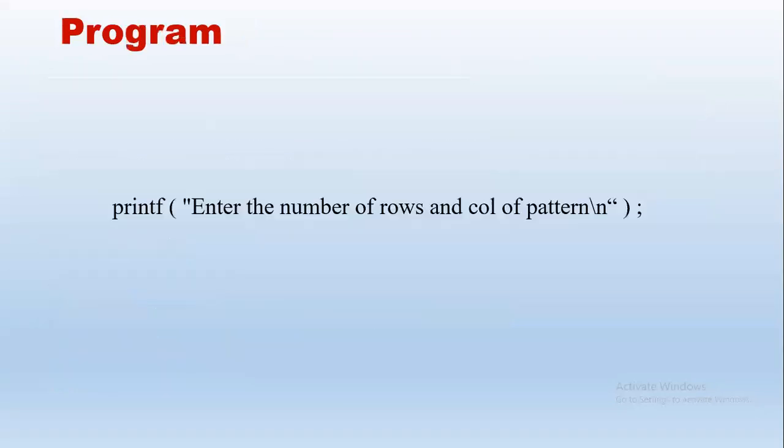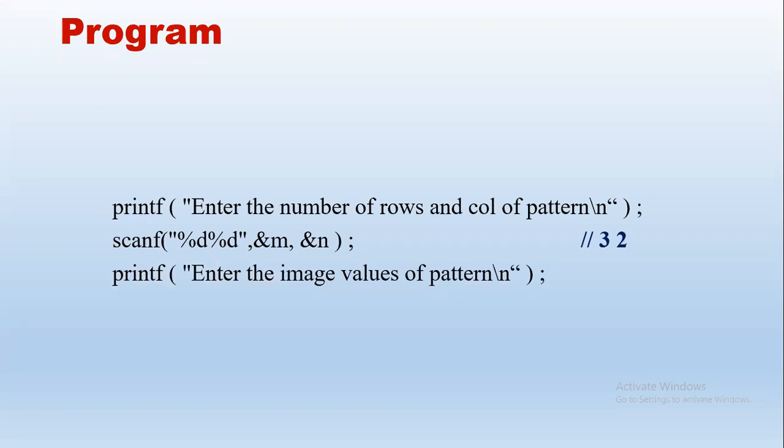So first thing is we are going to take input for rows and columns. So in general, m and n or any variable can be used, right? Here m and n is considered. Say we take 3 and 2, for example, right? 3 rows and 2 columns. So totally how many elements will be there in this matrix? M into N, ma'am. m into n, that is 6 elements. We have to take input for 6 elements.